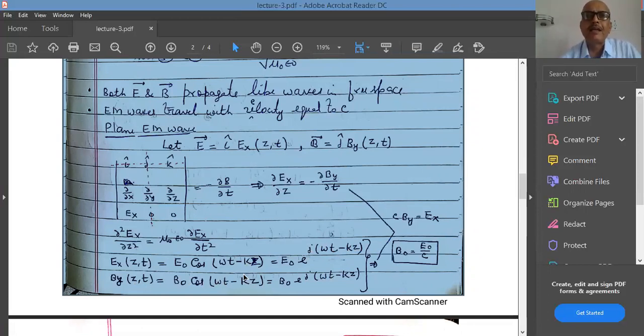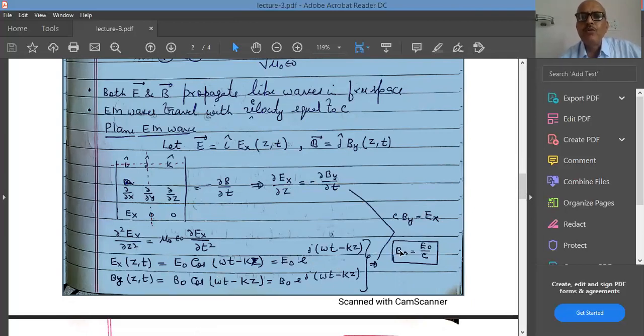So if you write down a general solution from the wave equation of the electric field and the magnetic field vector and put it in the third Maxwell equation, whose simplified form is del Ex over del z is minus del By over del t, do these things yourself, then only you will be able to understand, because this is not a classroom blackboard where I can show you all the things. Here, whatever I am going to present, you have to assume it, but please verify it on your own. So you will find out c into By to be equal to Ex.